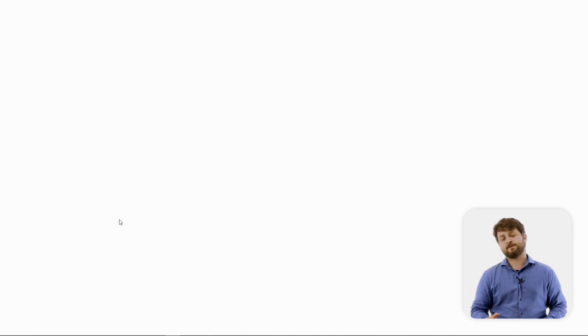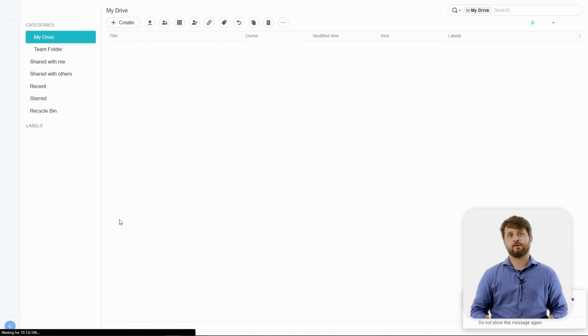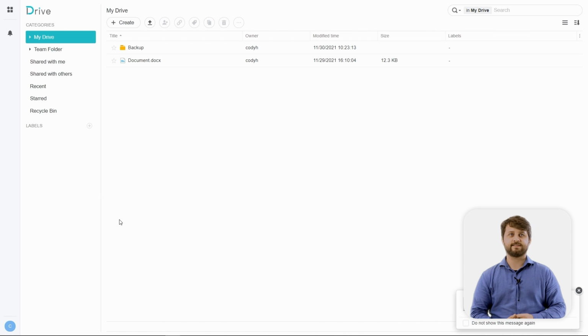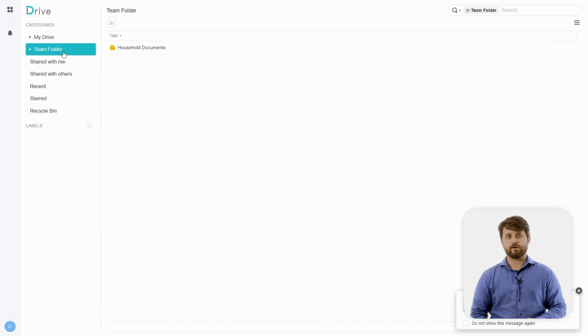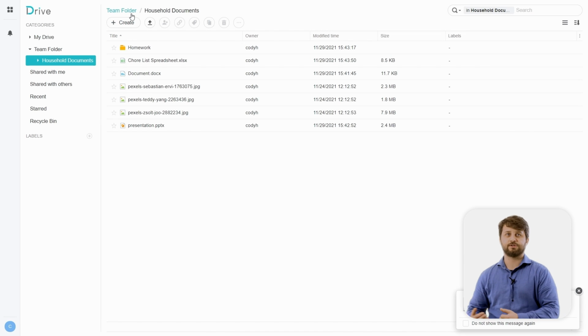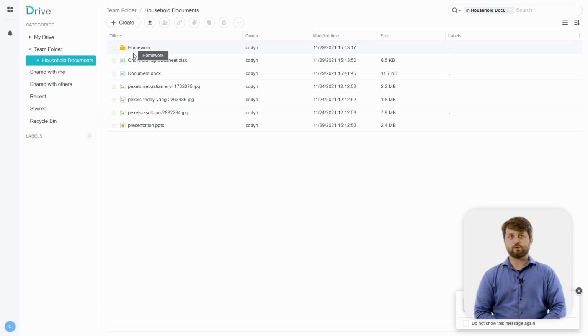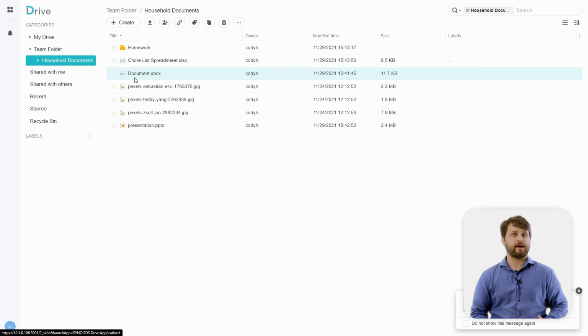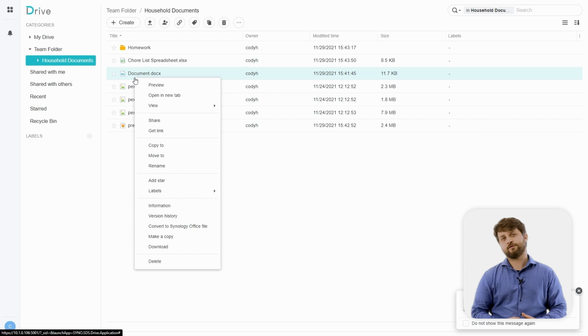What you're going to notice right when we open this up is it's very similar to other cloud-based platforms that you might be used to in the past. You're opened right into the My Drive location, and you can see we also have options for a team folder as well. Whenever we drill down into that team folder, you're going to see that we have that Household Documents folder available to us because we enabled that in Drive and we have permissions for that folder. Of course, we can drill down into it, and you can see there are some regular Microsoft Office documents inside of this folder.